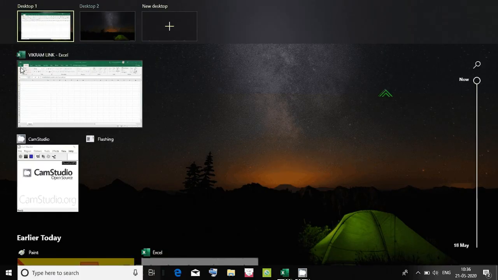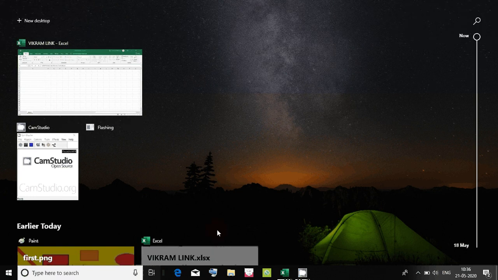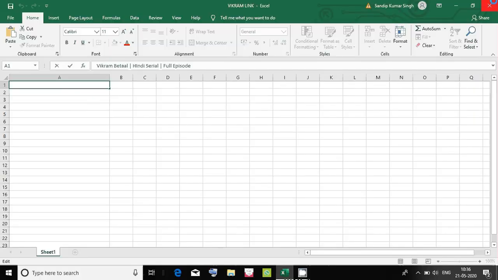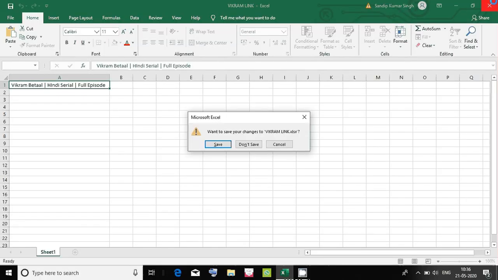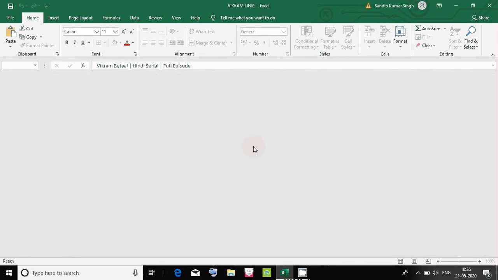Not only this, we also have an option for creating a new desktop. See, I can create a new desktop. But right now I will not create any desktop. I will close all desktops and go to my existing desktop. Here I closed it, don't save.